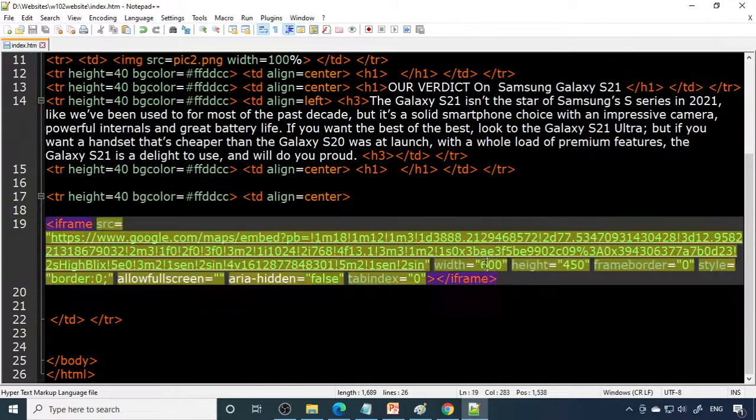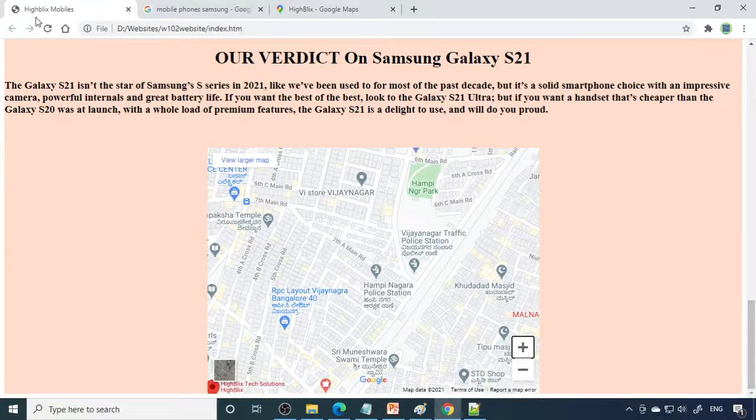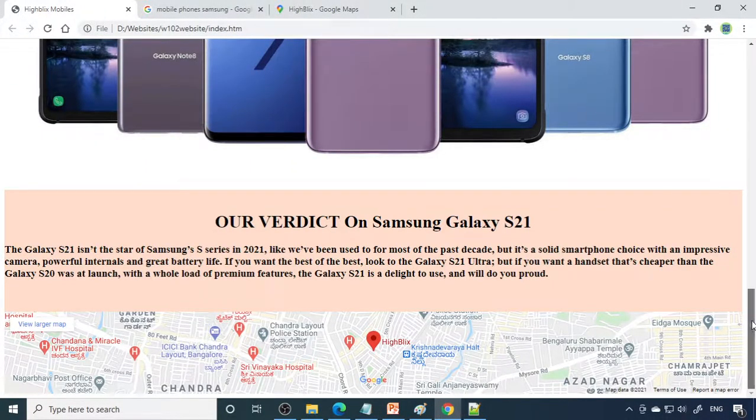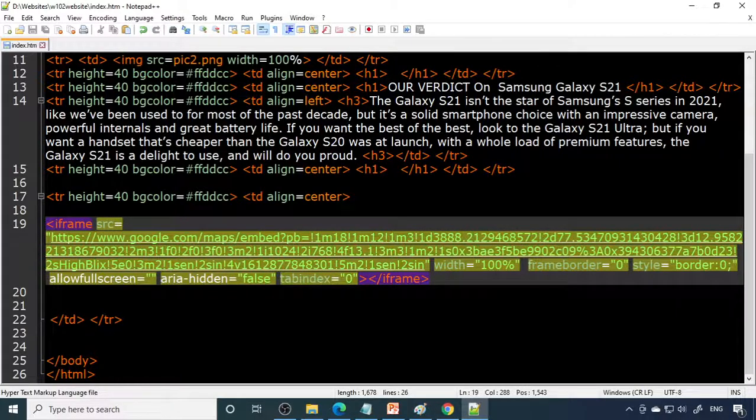So here is the width, so let's make it 100%. If it's 100%, height, okay, remove the height. Okay, so height is reduced, so let me put height also.